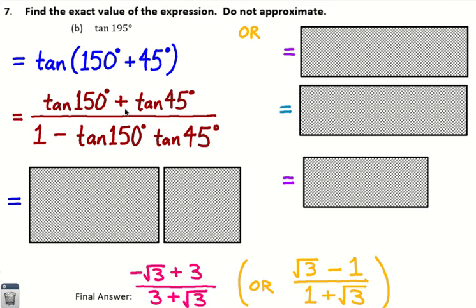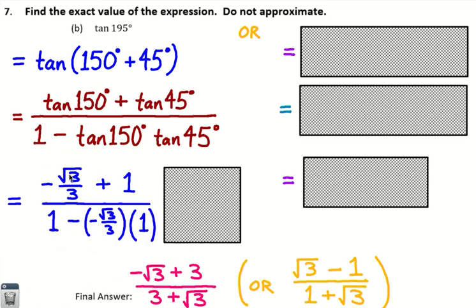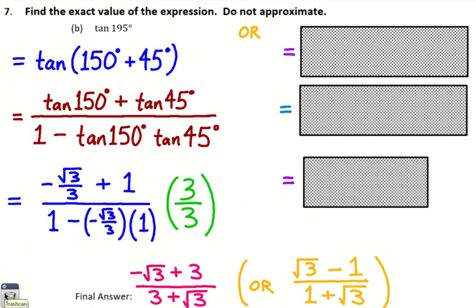So this, by the formula sheet, converts to this, and then going with your cheat chart, the tangent of 150 is negative root 3 over 3. The tangent of 45 is a 1. And so, we got some ugly fractions within fractions. So we're going to have to do this to clear away